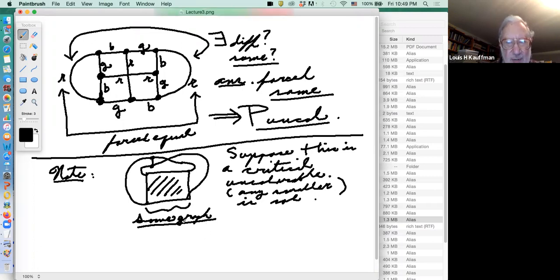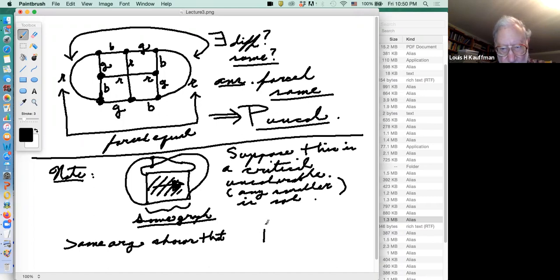Then the same argument shows that, let's put an arrow here so that there's some asymmetry in our black box, shows that